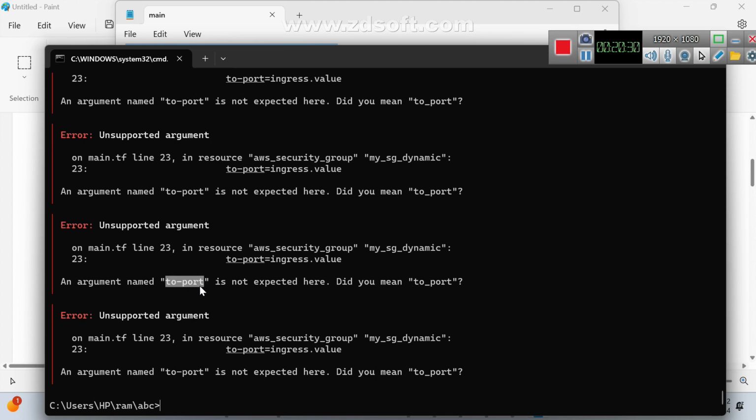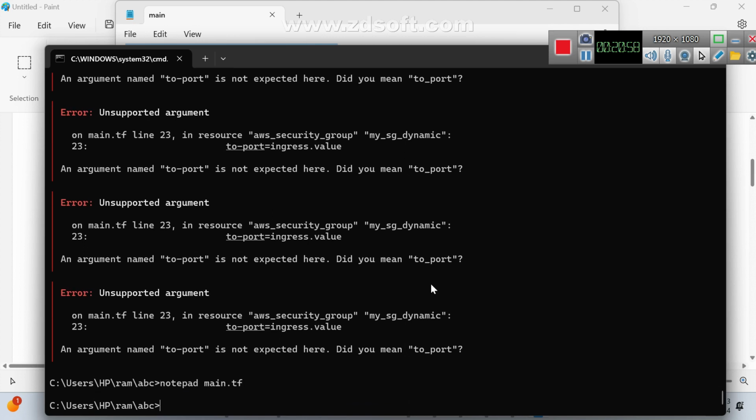I know, but our requirement is what? Are you expecting this? The system is asking. You wrote it like this, I know, but my intention is this. It is not saying it is not valid, but clearly it is saying not expected here. That's what I said: Terraform is a good tool, 99% it will give clear information.